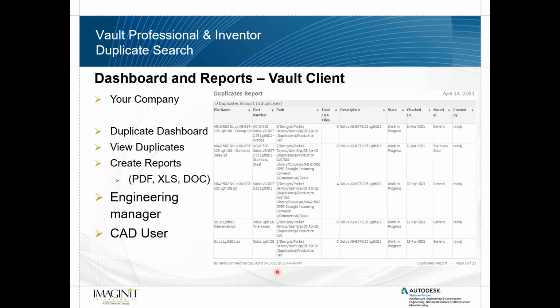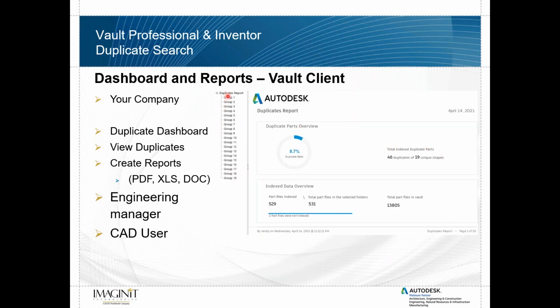So from the dashboard, next up, I'm going to show you how we can actually generate a report. And the report, if we look at this slide, we see groups, and this is what I actually wanted to mention. We see 19 groups here, one group for each unique shape. And in the report that we're going to take a look at,